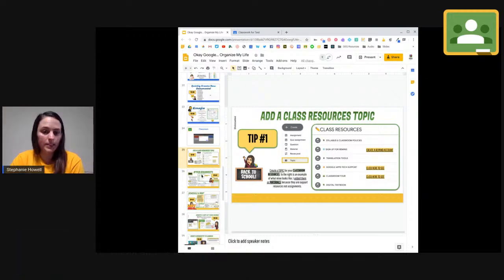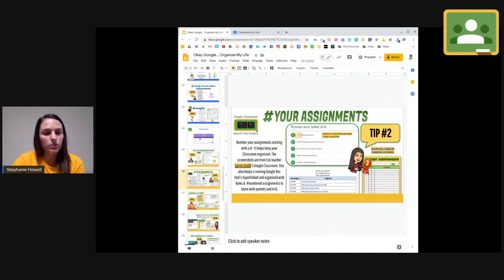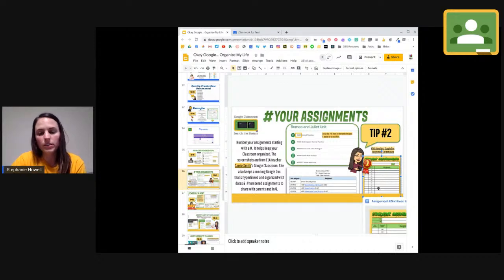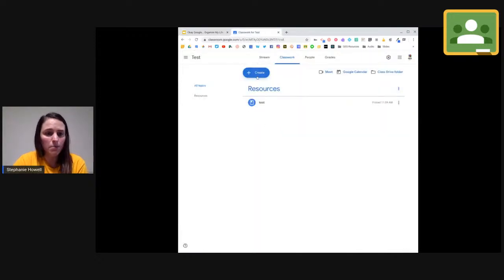The next tip is numbering your assignments. This tip will really help students quickly find assignments in your Google Classroom. If you want to, you can use any of these templates that are in here. They're hyperlinked onto the image. Amanda is amazing, and she created these resources, and it has numbers already there. So you just have to write which assignment it is. And then when students are back in August and they're like, oh, you didn't do assignment number 16, they can quickly go to Google Classroom and find assignment 16.